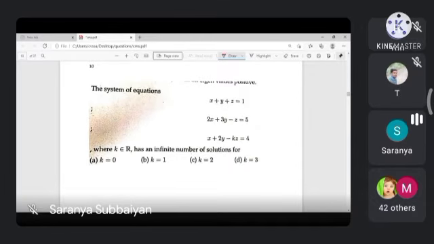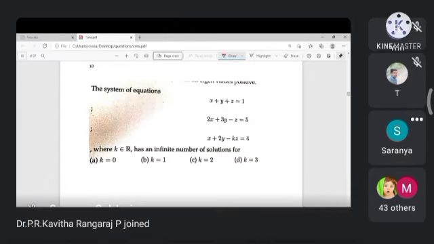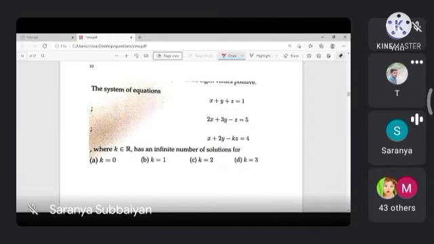Another condition is rank of the augmented matrix AB equal to rank of A is less than n, which means an infinite number of solutions, right? Right, ma'am. No solution means rank of the augmented matrix is not equal to rank of A. Clear? Based on those conditions, you can find the determinant or row reduced form, that is, finding rank.